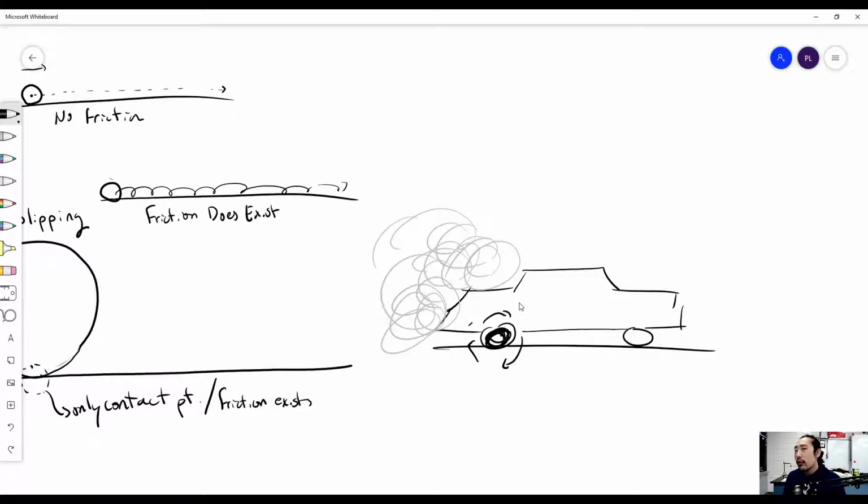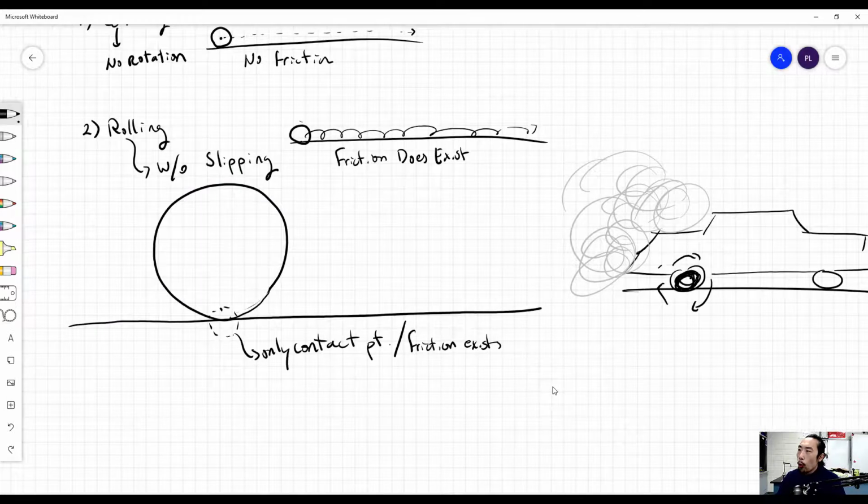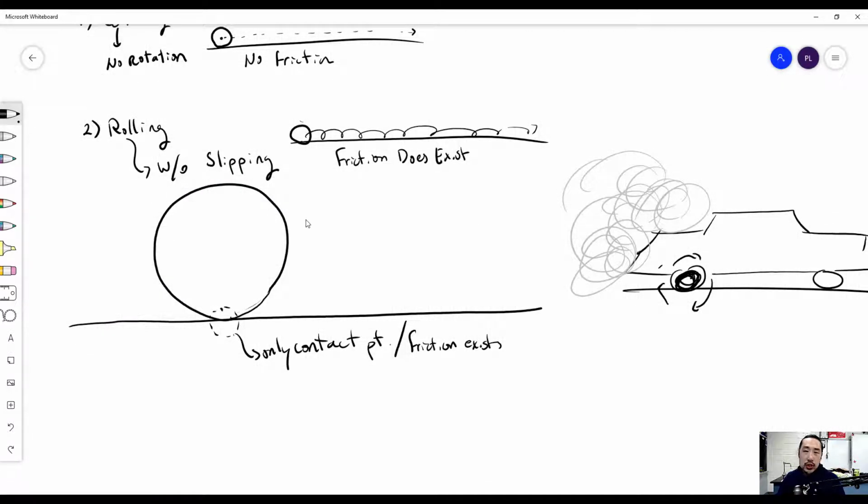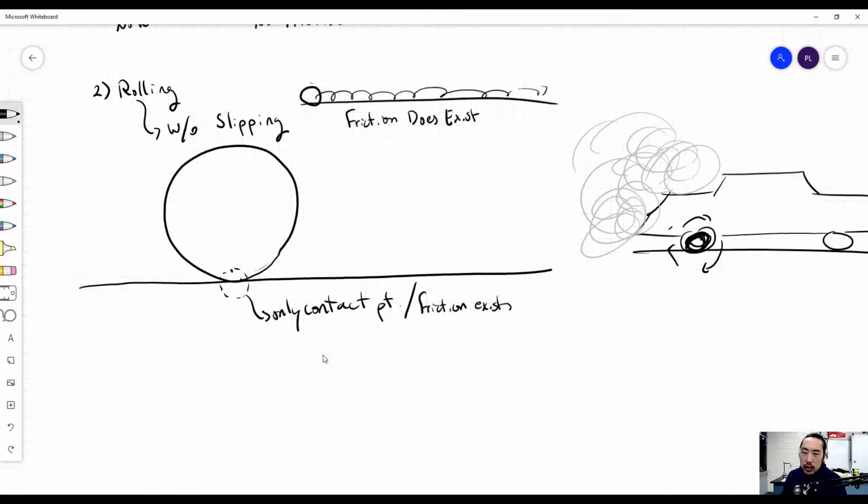Okay, and so that right there is an example of rolling with slipping. The car is rotating in place, but it's slipping because it's not pushing the car forward. So when we say rolling without slipping, what we're saying is that it's continually rolling, and it's not just gliding. You can think of gliding and slipping as almost the same thing. With this being said, you need to also know this, that friction